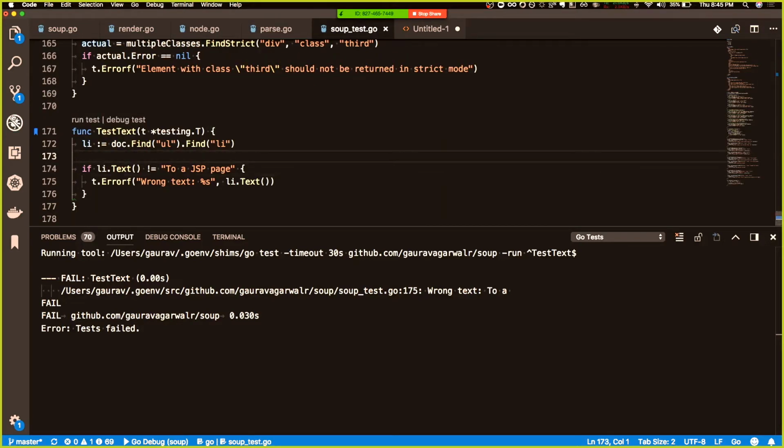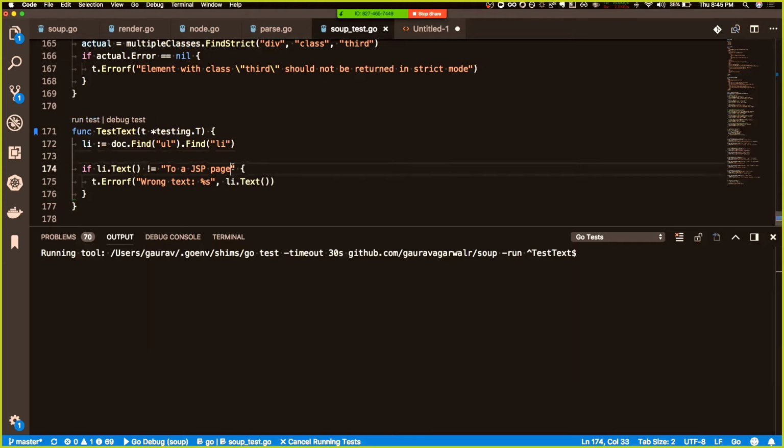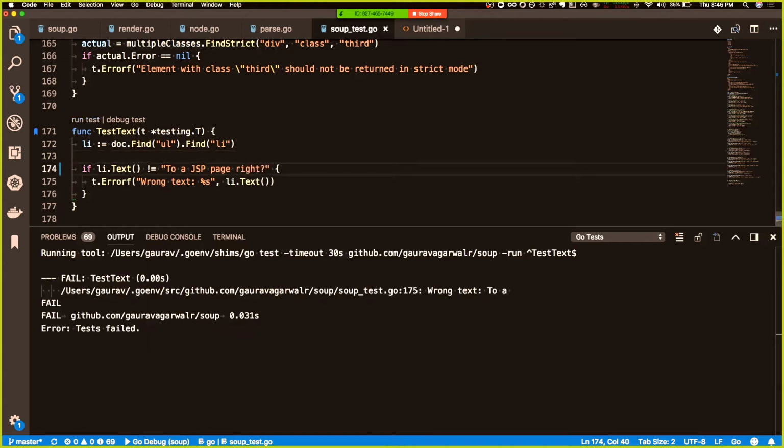When I run this test, it should be "to a JSP page, right?" It does not work. It just stops at the first tag. It stops at the end of the first tag, which is 2A. So,